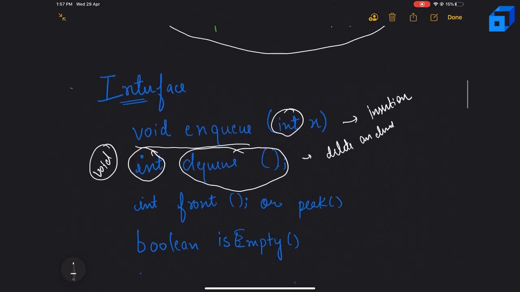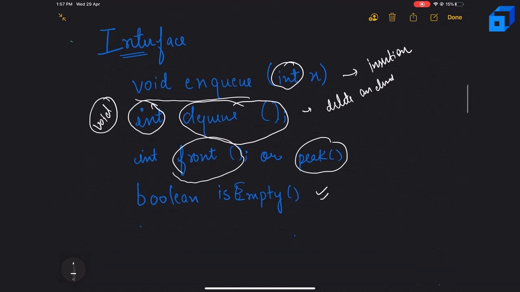Also, what other things may we need from the queue? What is the element which is present at the front, or we can say peek? Is my queue empty or not? These are the sort of operations that I may need in order to implement a queue. So in high level terms, these are the operations that we need to figure out in order to implement a queue. And most of the languages have an inbuilt library which provides the interface, which may vary from language to language.